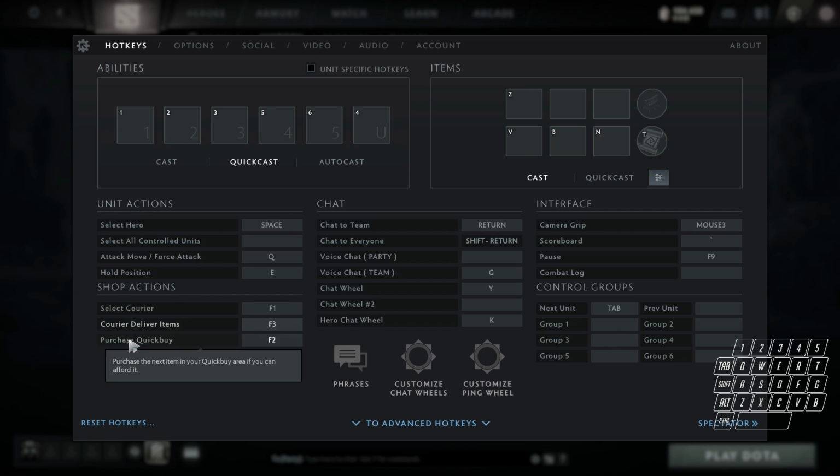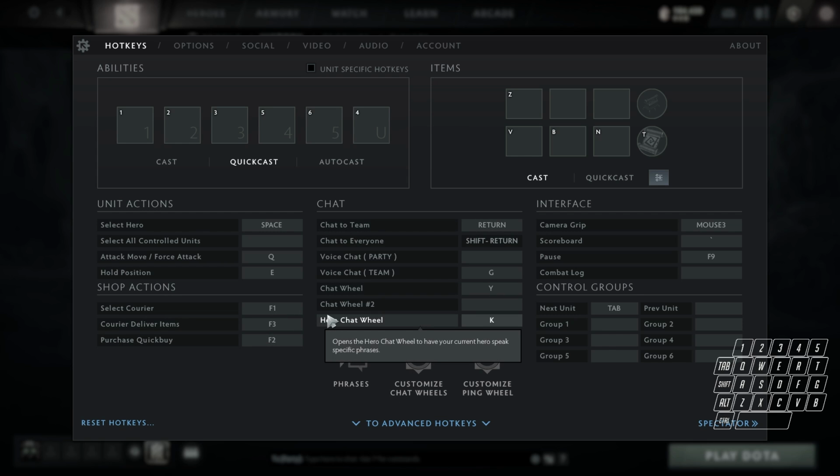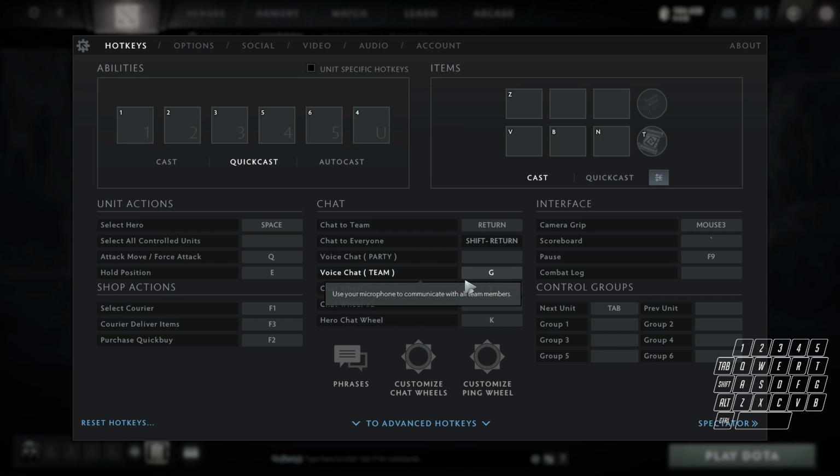My shop buttons or courier buttons are basically F1, F2, and F3, and F4 as well actually on the second page. And that's how I'm using the secret shop and using my courier. That's it. My voice chat button, as you can see, is on G. My chat wheel is on Y. And that's basically